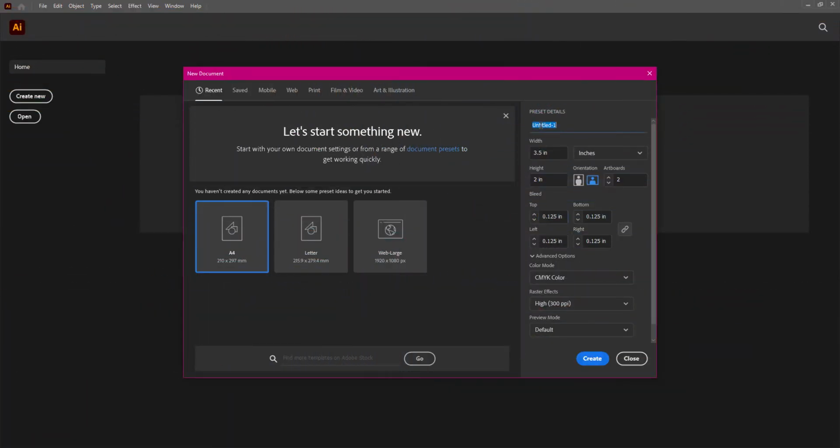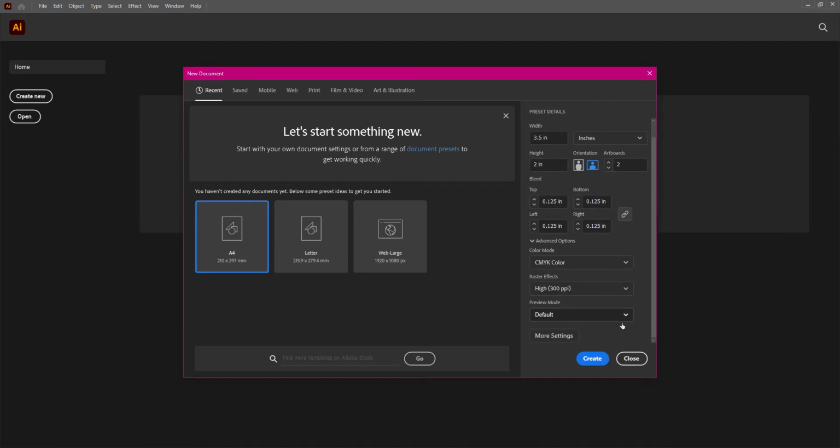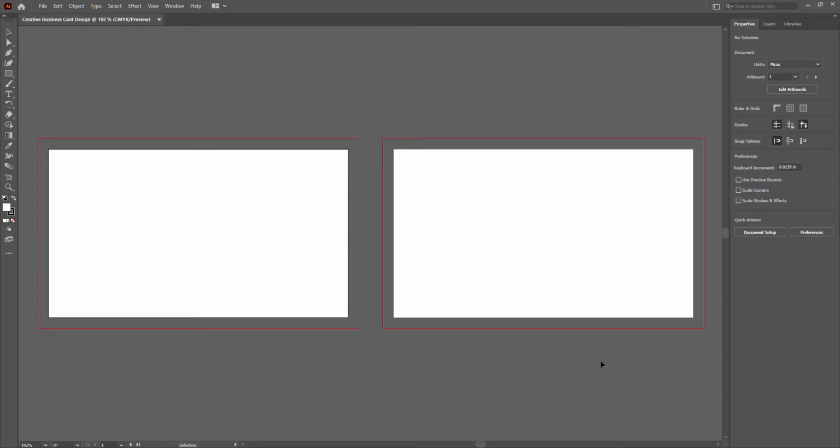In Adobe Illustrator regarding a simple and creative business card designing. For this design, I'm going to take the standard page size of Printable Business Card Design, which is 3.5 by 2 inches of width and height with 0.125 inch grid sizes and CMYK color mode with 300